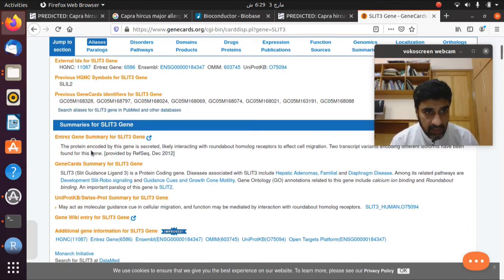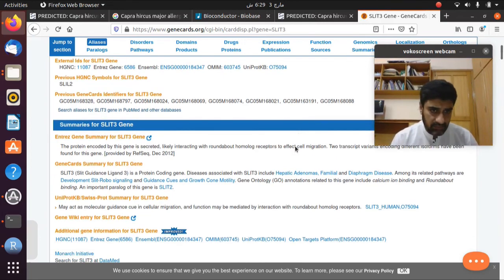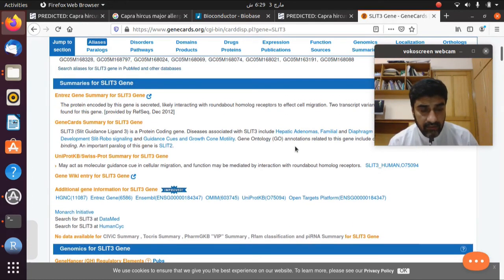This protein is encoded by the gene, is secreted, and likely interacts with the roundabout homolog receptor to affect cell migration. Two transcript variants encoding different isoforms have been found. So this is how you can find the different functions of the different genes.